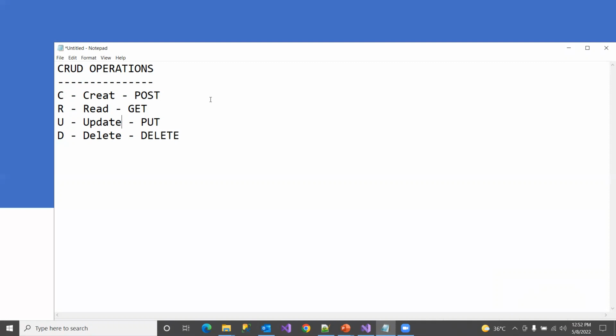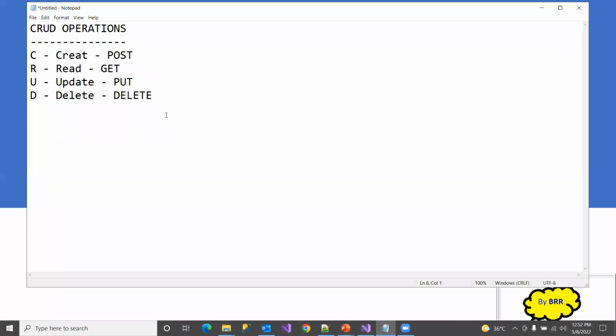Let's look at some examples of creating these HTTP methods and see how we are going to write a simple example. If you want to write a web API in .NET, we will have the syntax public IHttpActionResult. Let's say I'm going to add some string, like an employee name, and how it could be like